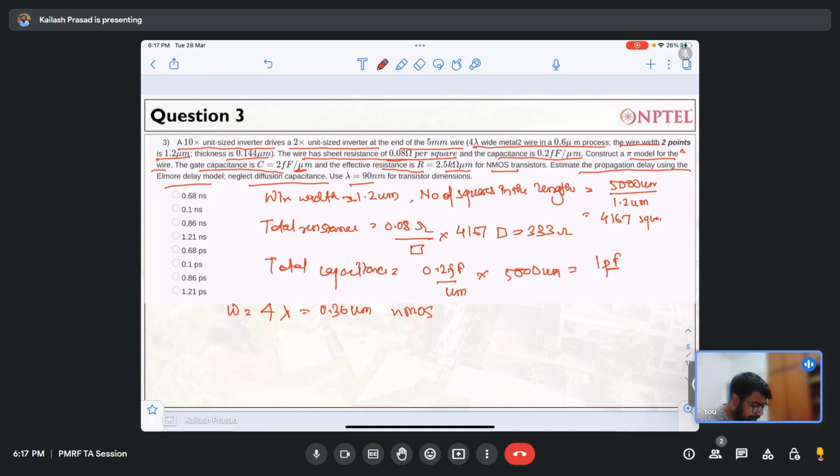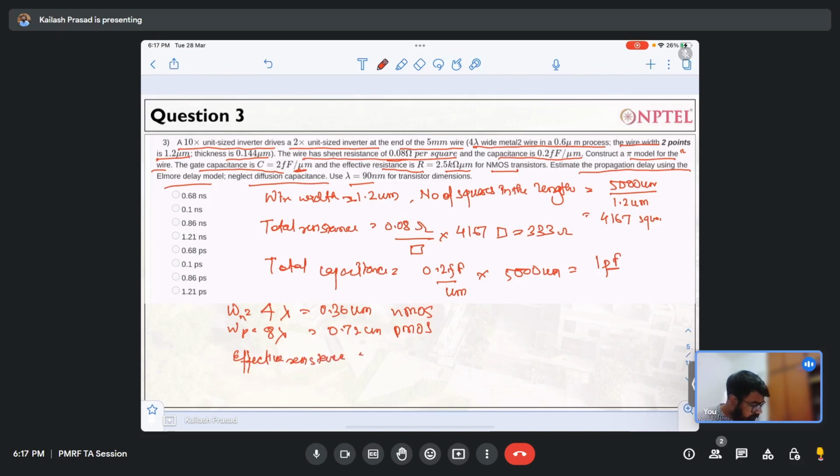Okay, for beta equal to 1, then Wn is this, Wp will be 8 lambda, and here it will be 0.72 micrometer for PMOS. Okay, so 0.36 plus 0.72, so this is our width of both NMOS and PMOS. So your unit inverter actually has an effective resistance of, if we calculate the effective resistance of the unit inverter,